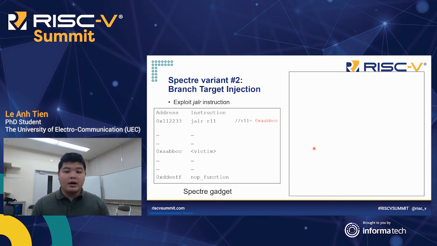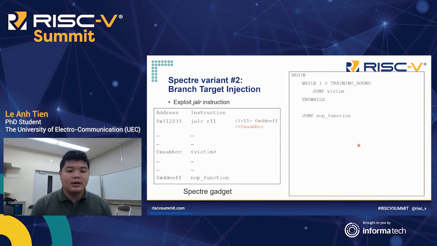The attacker could find a program that's similar to the target program to manipulate the indirect branch predictor. Return to the attack scenario. The attack would exploit the JAR injection in the RISC-V ISA and train it to poison the branch history buffer. And during the attack round, the JAR will jump to the victim function instead of the other function, as you can see here. Therefore, the sensitive data could be leaked using the flush and reload technique like in variant 1.